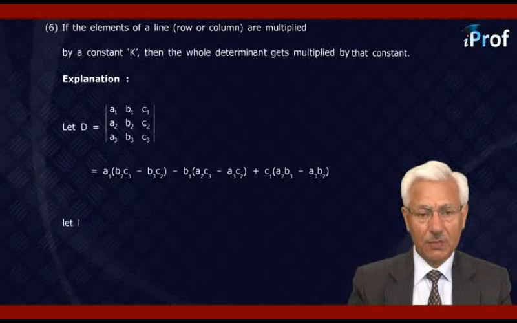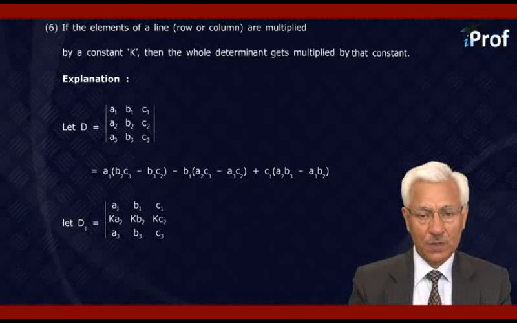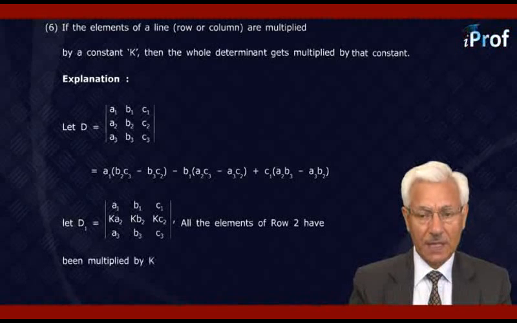Let D1 equal A1, B1, C1, kA2, kB2, kC2, the elements in the second row, and A3, B3, C3. Now here, the elements of row 2 have all been multiplied by k. Therefore, D1 equals